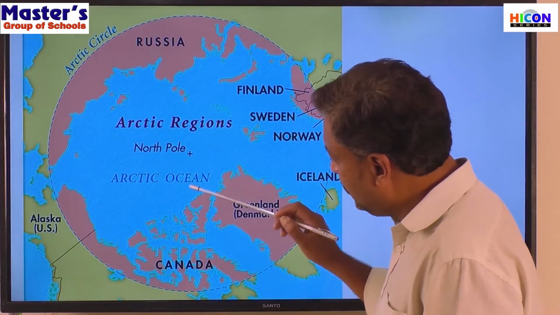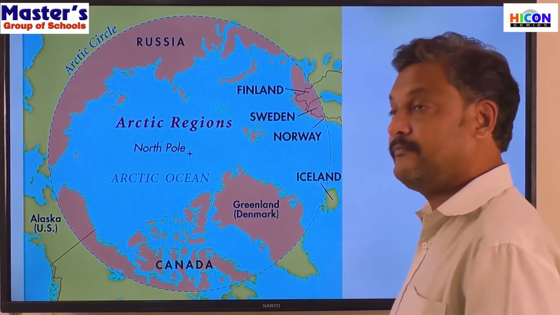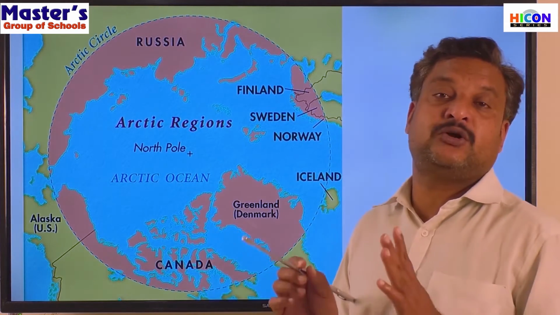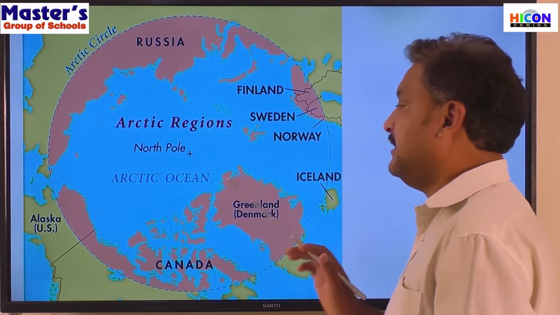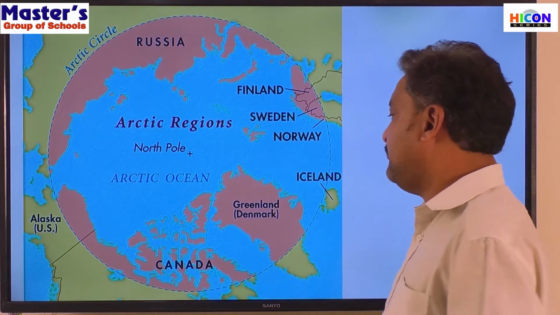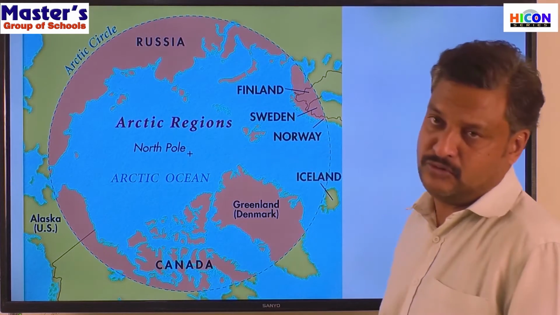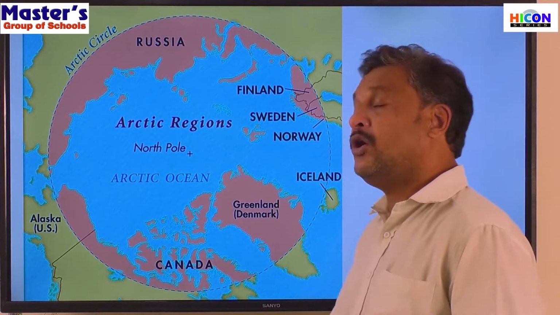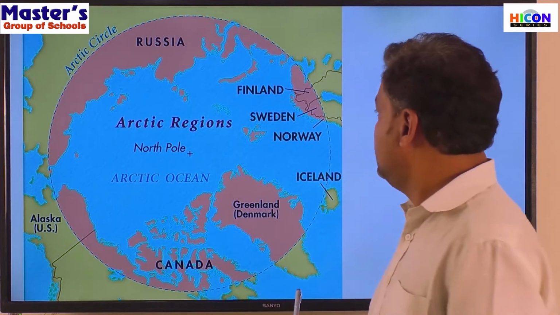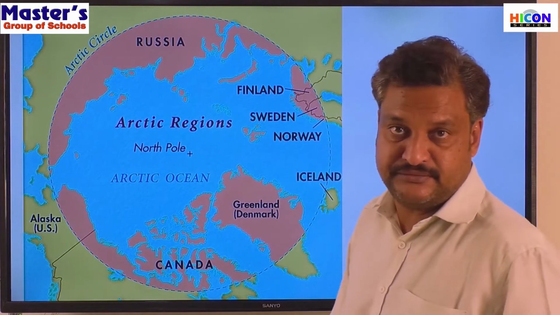So Canada has a large number of broken pieces, islets floating in this region. Okay. So the major land mass that lies very close to Greenland is Canada. It's hardly 16 kilometers away from Canada and around 650 kilometers from the North Pole. And the northernmost land mass point means, see, all these, this blue colored region is ocean, isn't it?